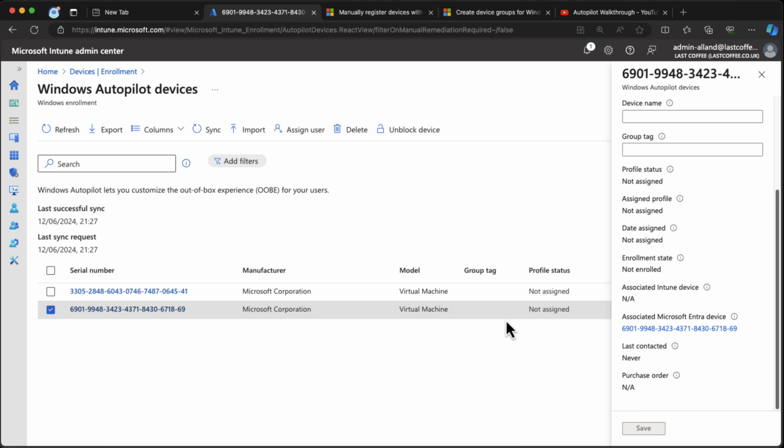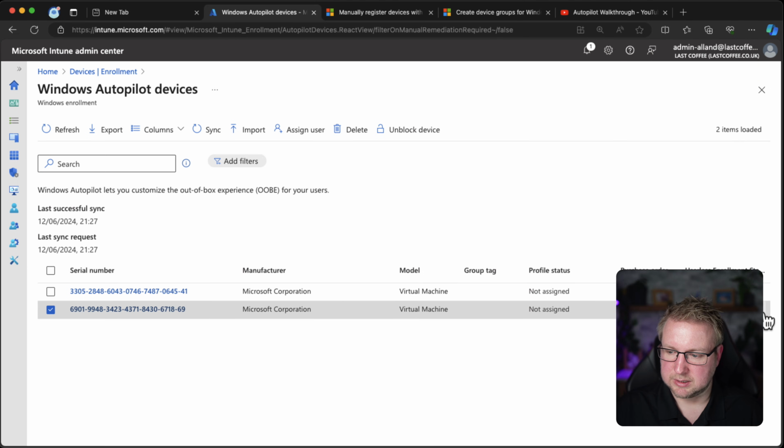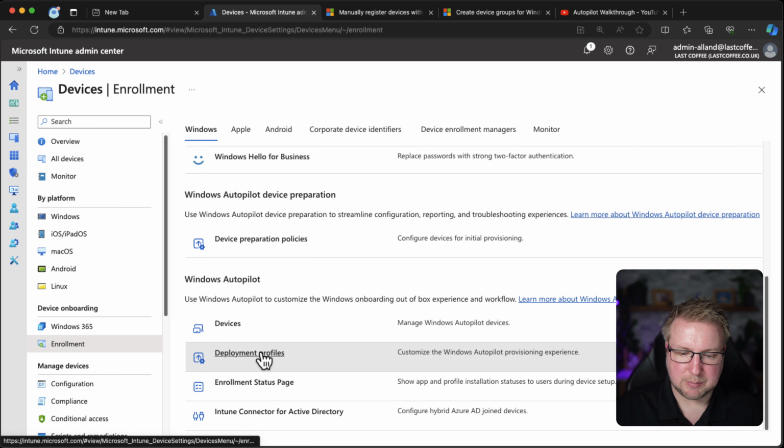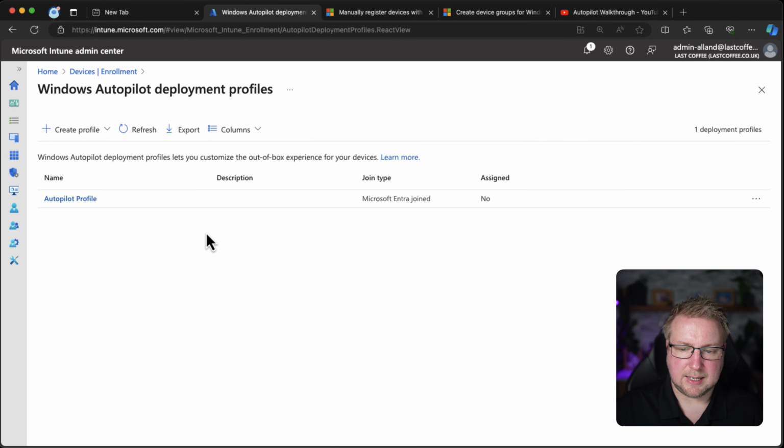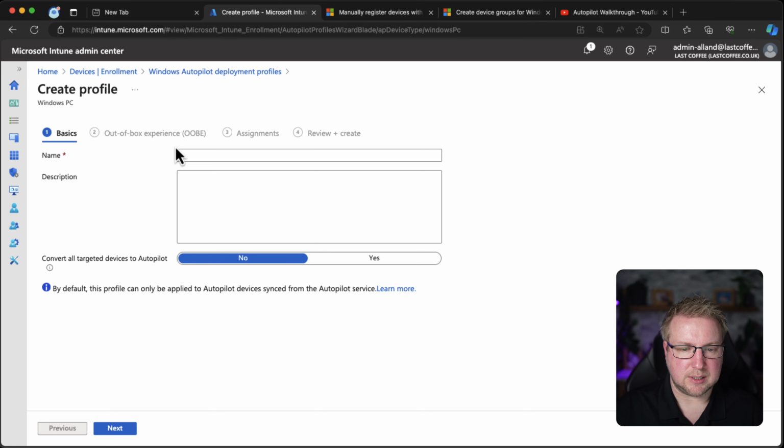You can't assign a profile from here. At least I don't think you can. No, you can't assign a profile from here. You need to firstly create a profile. We'll do that next. And then assign that to a group which the device is in. So let's do that. We're going to go back to enrollment. And then we have deployment profiles. Choose deployment profiles. And I have one already. But I'm going to choose to create a new one called Windows Autopilot